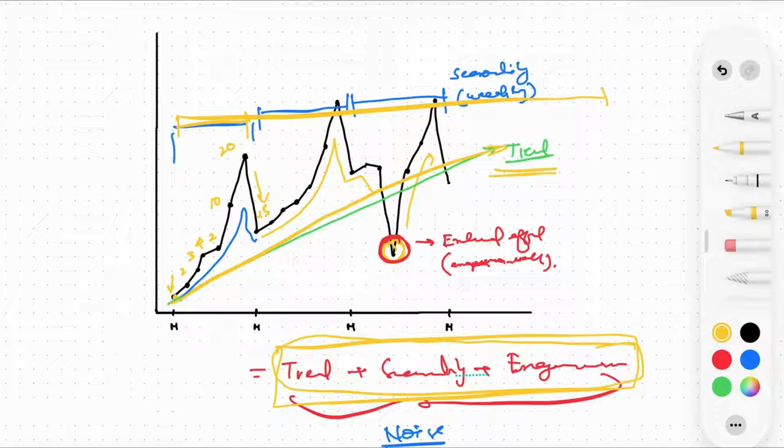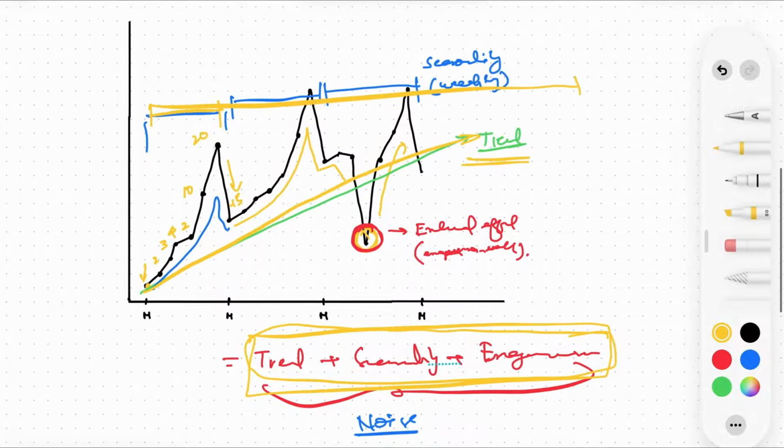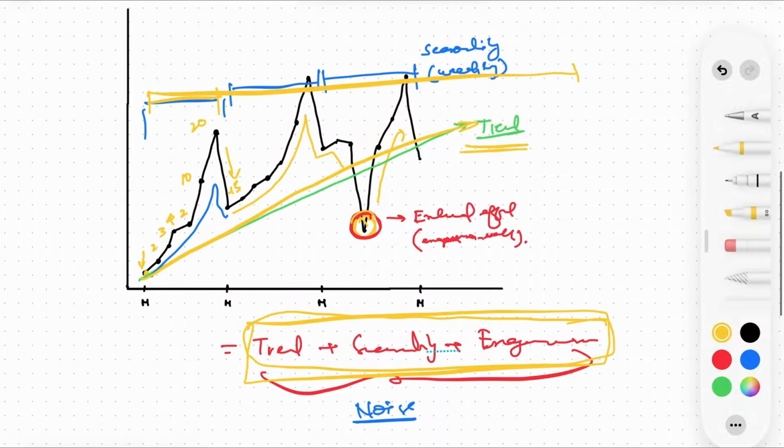So you need to capture all those effects. And then you will have multiple exogenous variables or external effects. You could have public holidays, promotions that you made which led to higher sales, or maybe a price increase which led to lower sales. All these things are something that you need to capture to have a good forecast, and that is what is called time series forecasting.